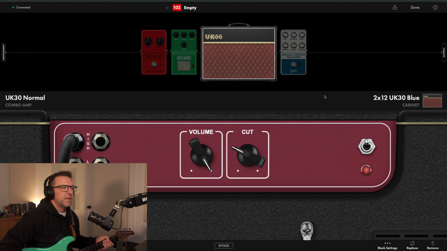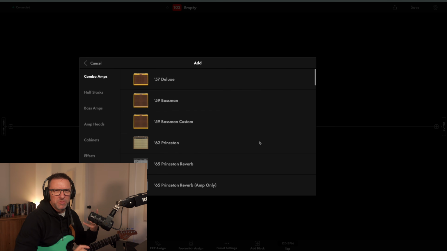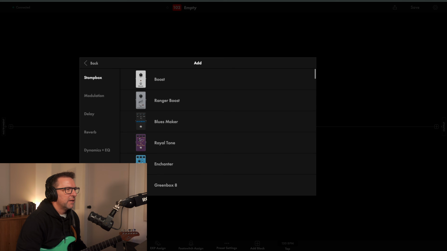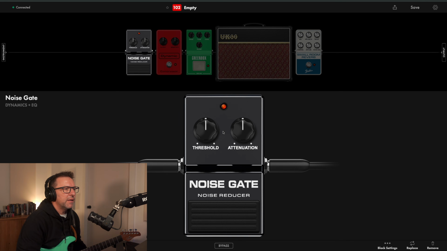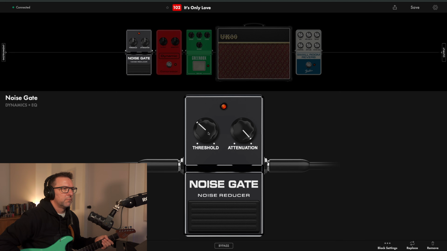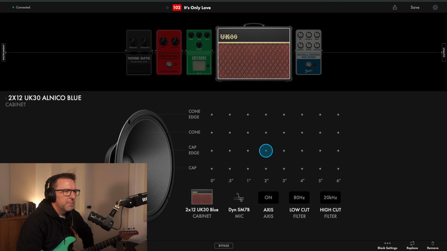Wow. And you can hear it's very noisy. Because I'm sitting next to the computer and I've got single coils, I'm actually going to add a gate as well. You might not need this if you're just using your speaker. Okay, that sounds awful. So let's do something about this.